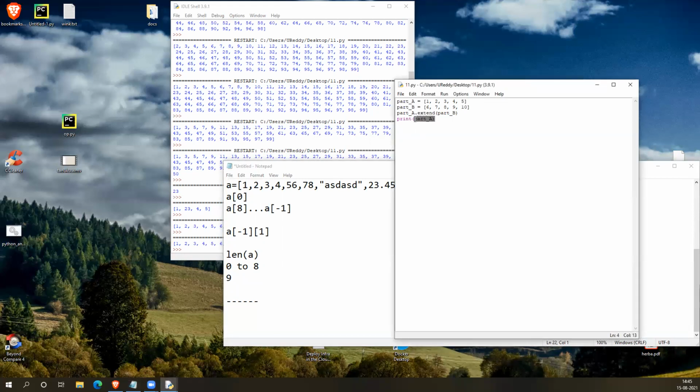We covered this extend part, right? Now, for the existing list, if I want to add a new element, I can use this append and add the element directly. Let me add one more element.